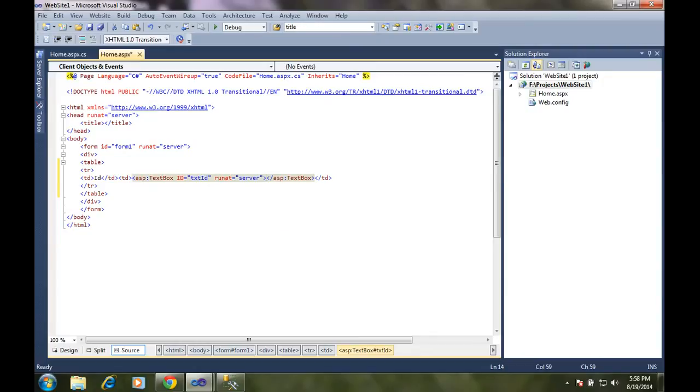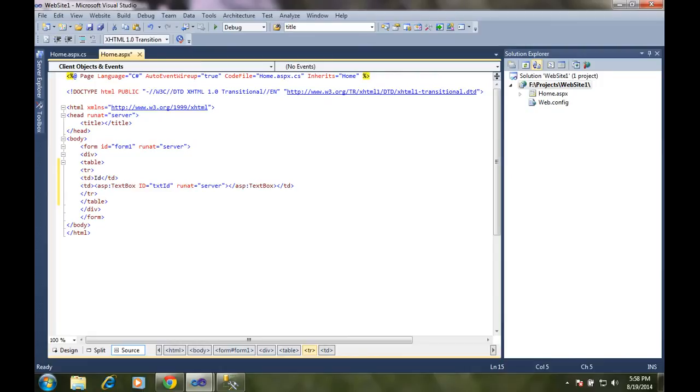See what is this? Just I created one table, one tr, two td. It means that two columns. This one is an ASP text box. You have to create it like this, only text box. txt id. This is the naming convention for this text box.